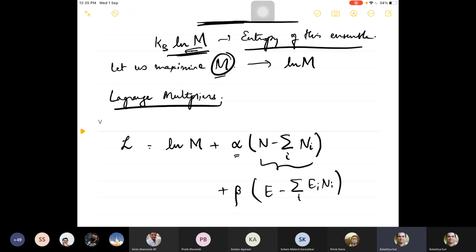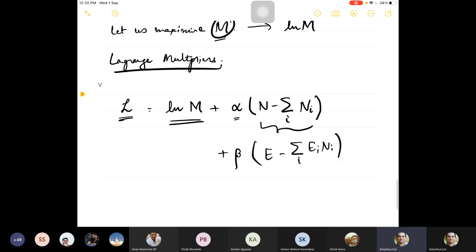All we have done is the statement that we are maximizing ln of m and the statement that we are maximizing L is identical because these two are anyway identically 0. We did not really add anything. We just wrote it in symbolic form using two factors alpha and beta, and the factors are multiplied by zeros because of the constraint. Then we want to now maximize this. But before we do that,